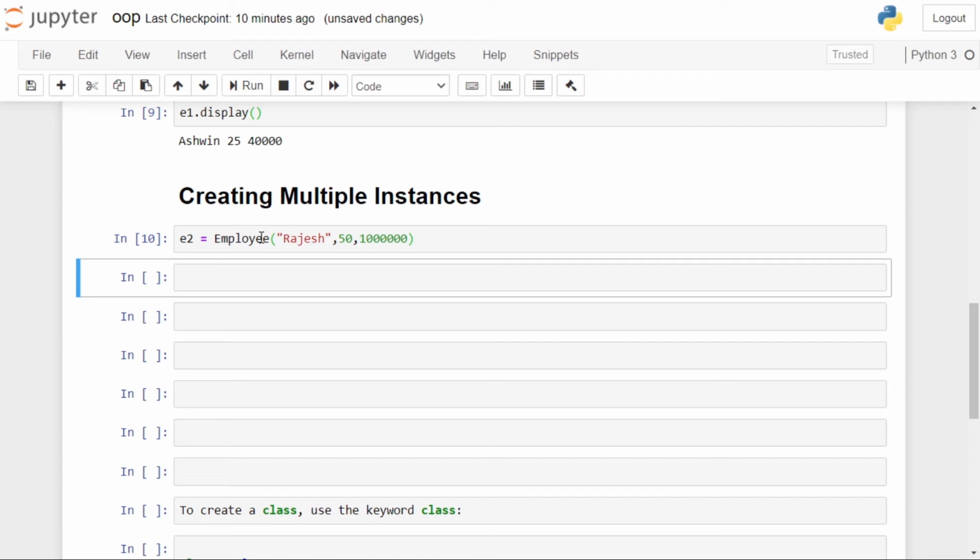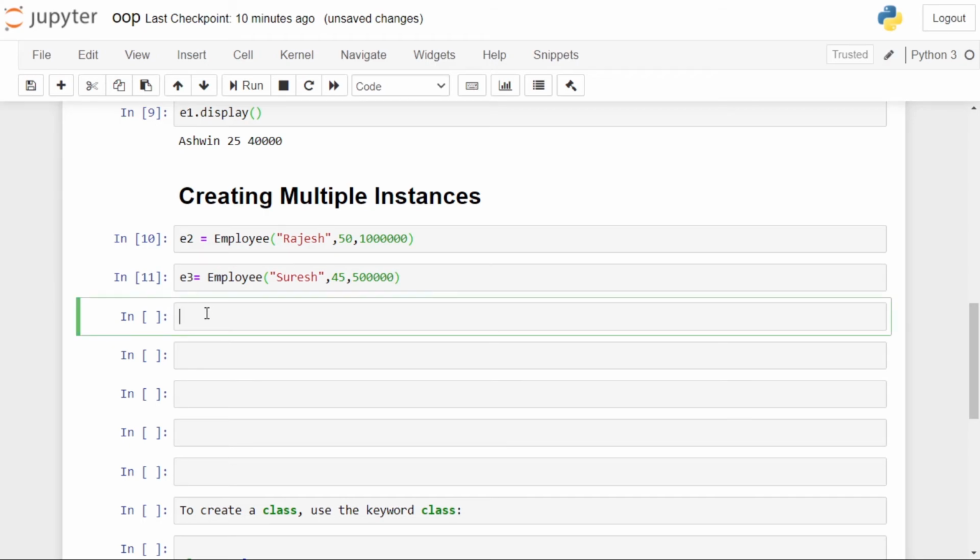You can create another object E3, name of the class Employee, and here you will have Suresh, age will be 45, salary is 50,000.